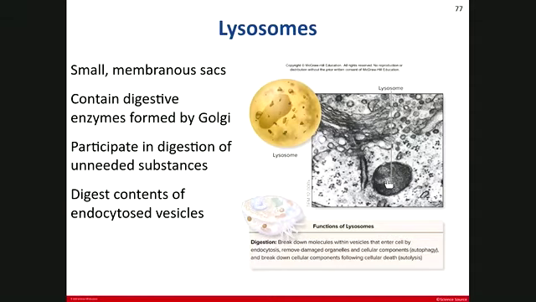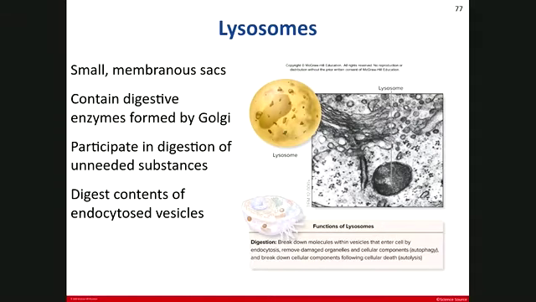They are important for digestion of unneeded substances, specifically pathogens which come to the cell, and sometimes our cells want to do suicide. They want to kill themselves, which we call autophagia. So the lysosome starts to release its content inside the cell, and by digestive enzymes they can dissolve everything inside, and they can do autolysis